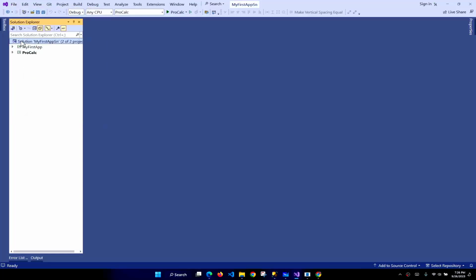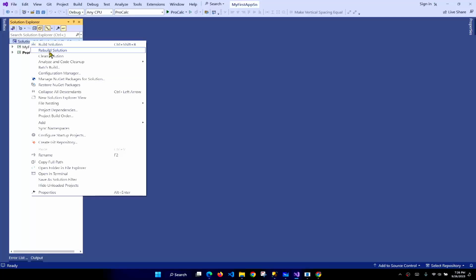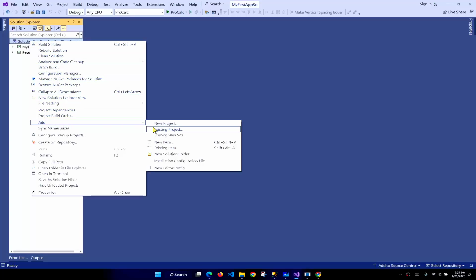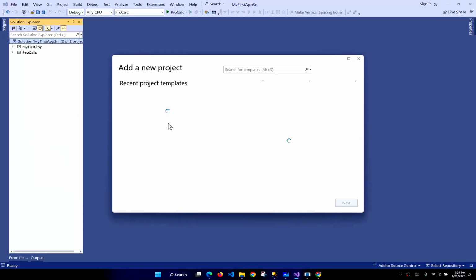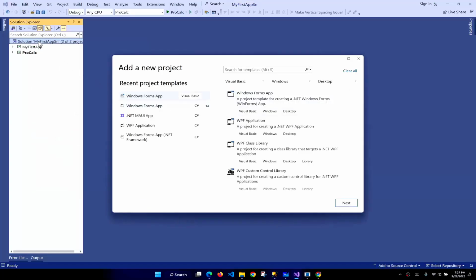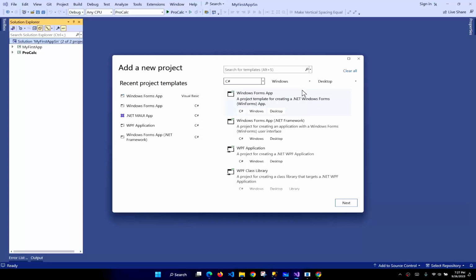Or I can come over here, select the solution itself and add the project to the existing solution. Add the new project. I want to add the project to this solution. And after that, I have the C#. Let's select the C# and the Windows for the desktop applications, and come to the Windows Form application